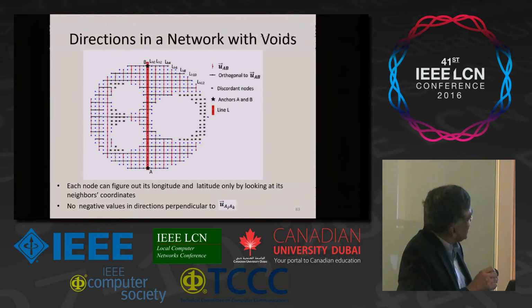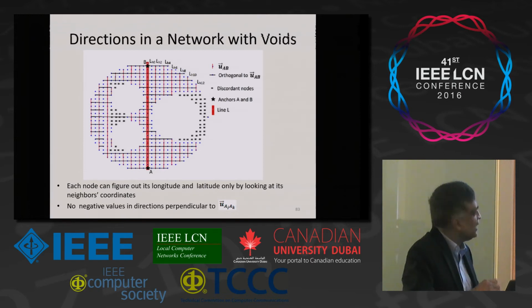And then these blue and red nodes that are here, the only thing they know is the number of hops from B and the number of hops from A, and from that they calculate the directional virtual coordinate. Now they talk to their neighbors and ask, hey, what are your directional virtual coordinates? And from those alone they can say which latitude line and which longitude line they are on. Part of the nodes fail. These guys don't know where they are based on that information, but these guys can say that.